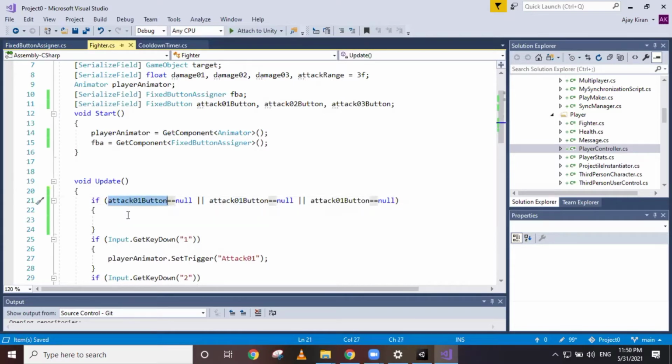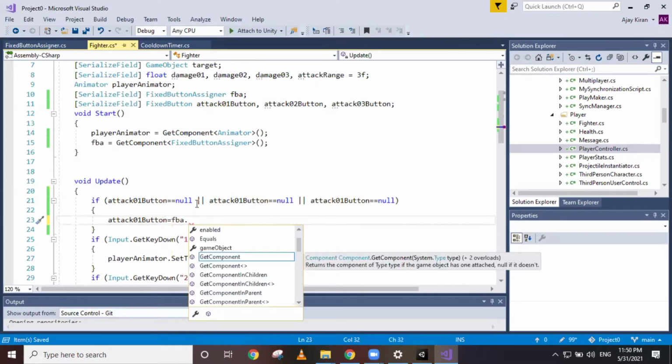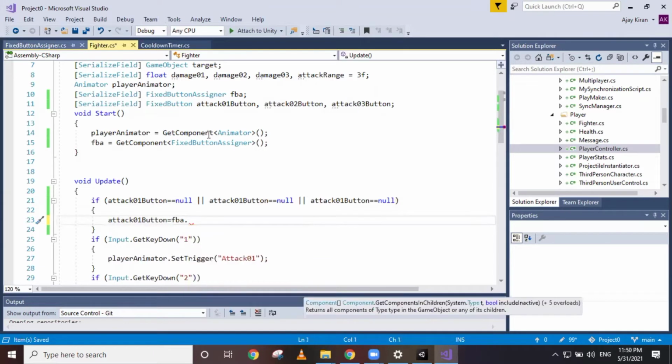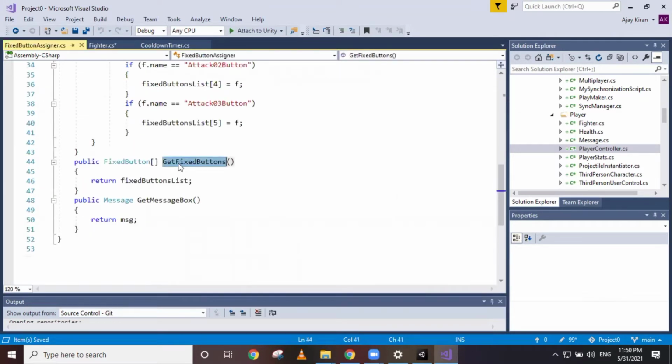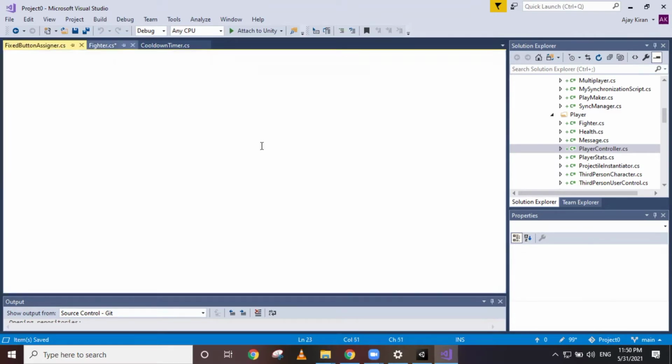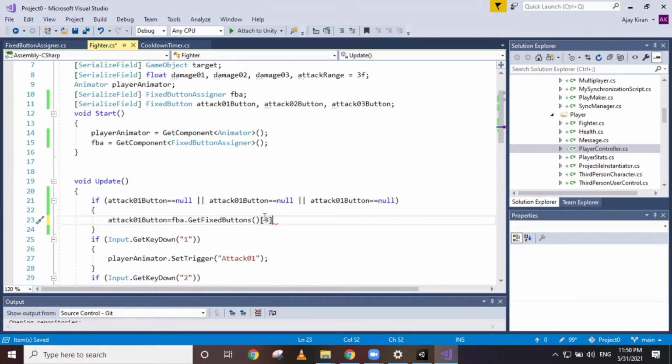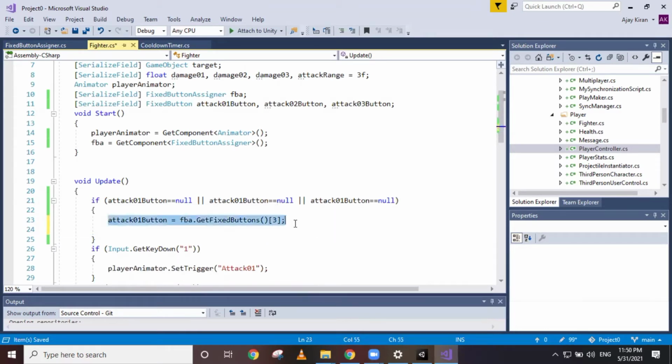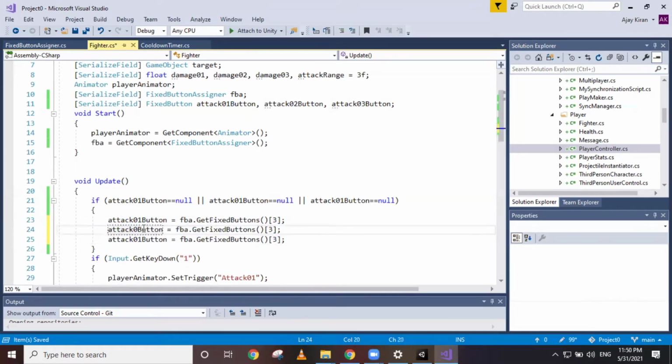So if any of these are null, we are just going to say attack one button equals FP dot, what's the method name? Get fixed buttons. And for attack one button, we are going to take element three. Let's just copy paste it a couple of times and change this to 2, 3,